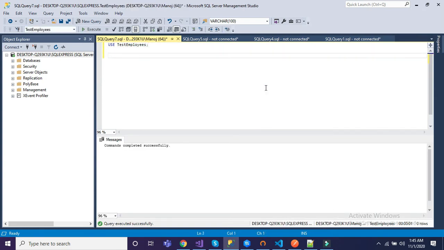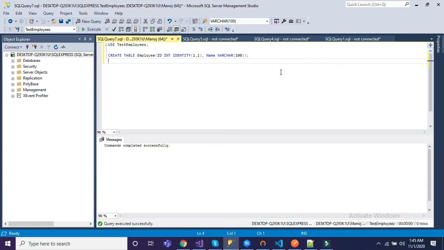Now we are in the current database. Let me create a table first. Create table. Let me give it the name employee. It will have two columns. One is ID, second one is name, and ID will have integer data type, and it will be an auto incremented column. So identity 1,1, it means it will start from 1 and it will increment by 1. Alright, the second field would be name, having data type varchar. So this is our table.